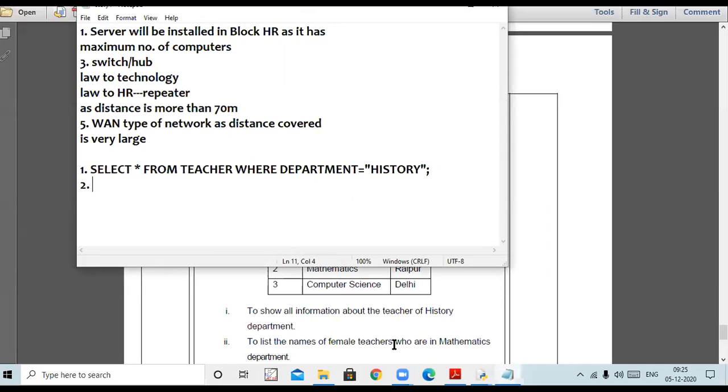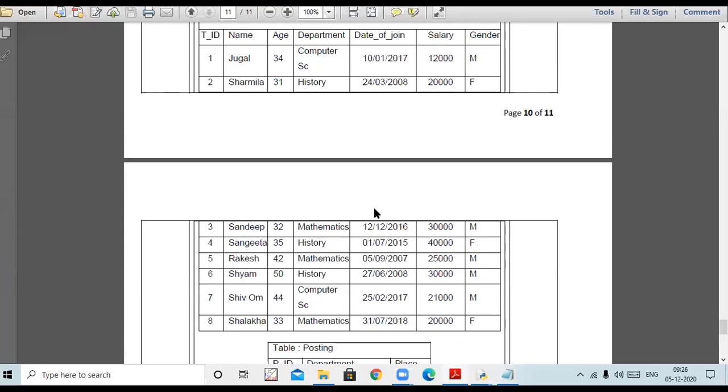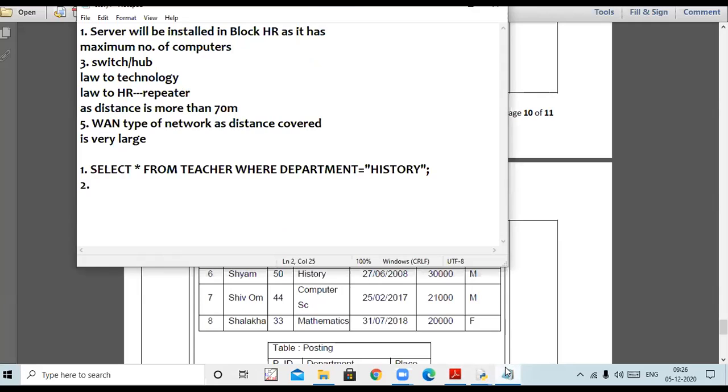Next, to list the names of female teachers who are in mathematics department. So let us see, we have to see the gender first. Check the gender, female or male in the question, and department. Two conditions. Gender should be female and department should be mathematics, right? And we are to print the names. So command will be